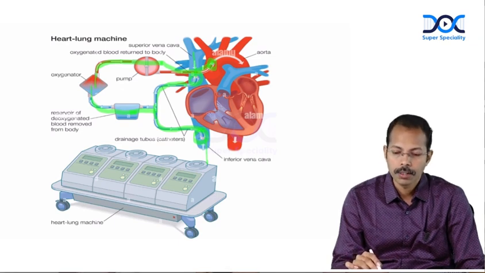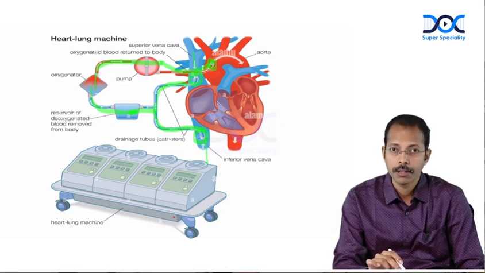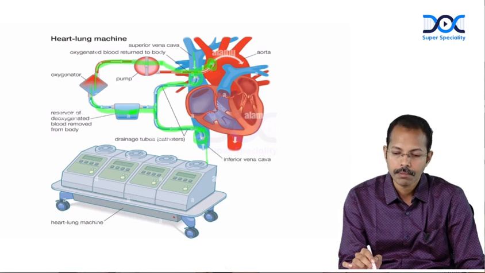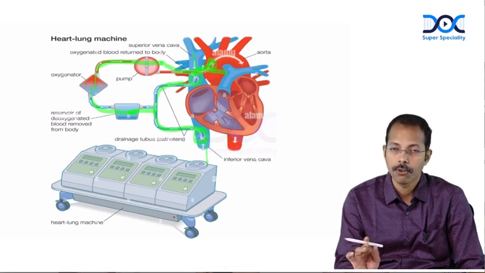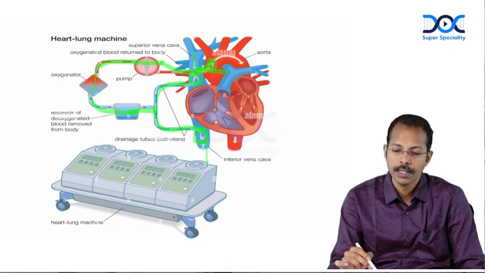The deoxygenated blood collected from both the SVC and IVC will get oxygenated with the help of membrane oxygenator, and the same will be pumped into the ascending aorta. So that we used to apply the cross clamp here. So what happens? The blood won't enter the heart. The heart will be bloodless for performing the cardiac surgeries, so that the blood will be moving into the